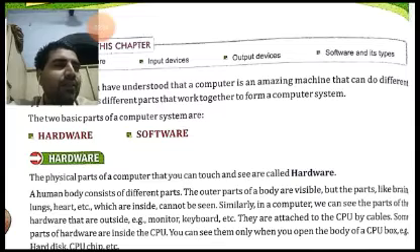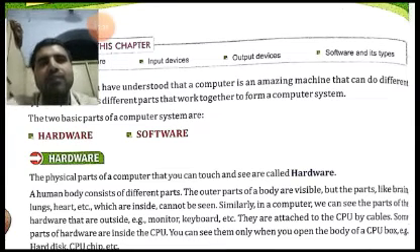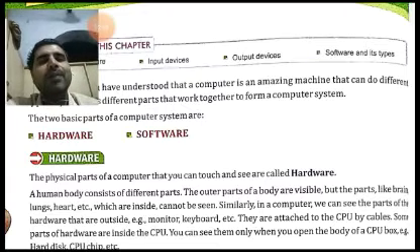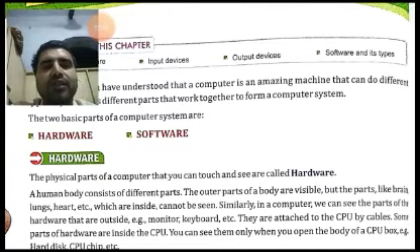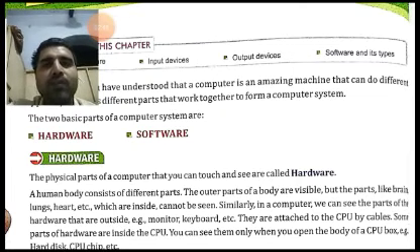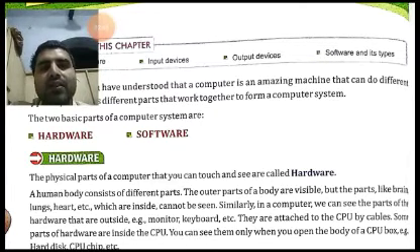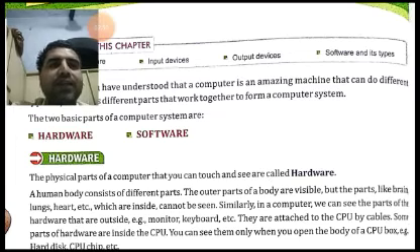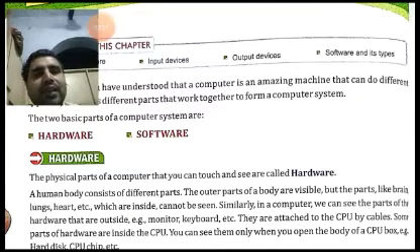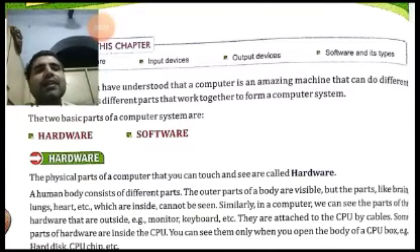You can relate the computer system to the human body. The computer system is having different types of parts. Similarly, you can also imagine that the human body consists of different parts. The human body is also like the computer system. The outer parts of the body are visible to us. But the parts like the brain, the lungs, and the heart are hidden inside.